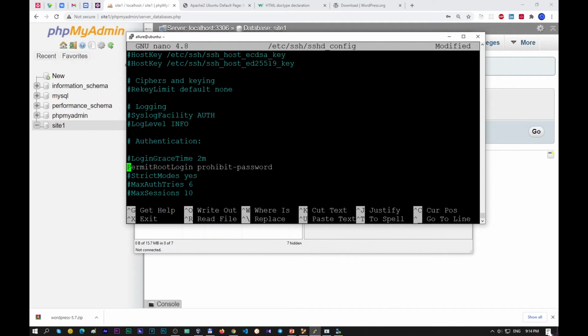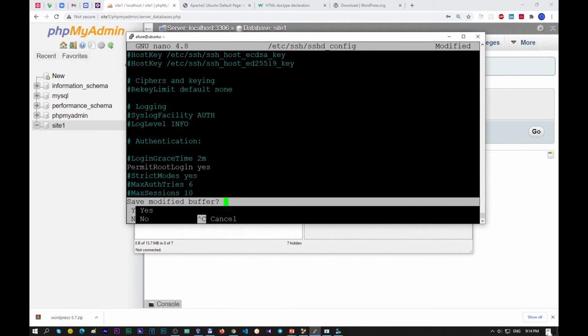Well, change prohibit-password to PermitRootLogin yes. Something went wrong with our command set, which we used at the start of our work, but you can do this. So let's try to save it,